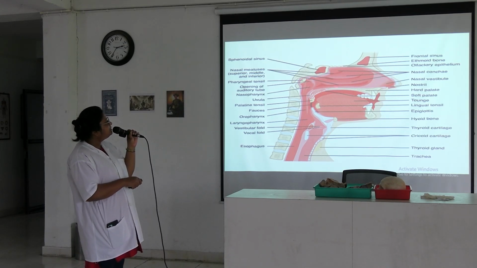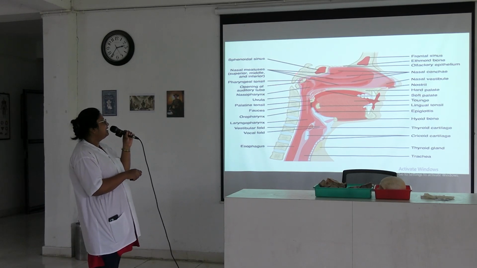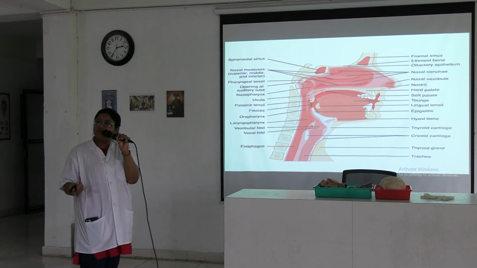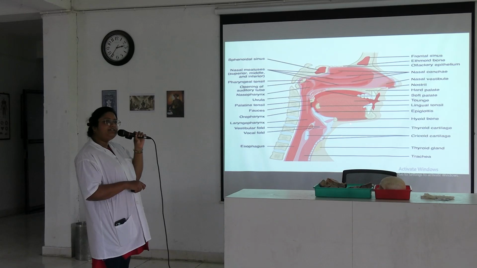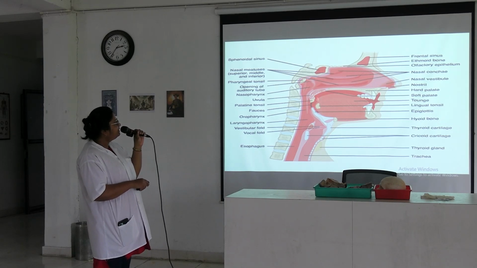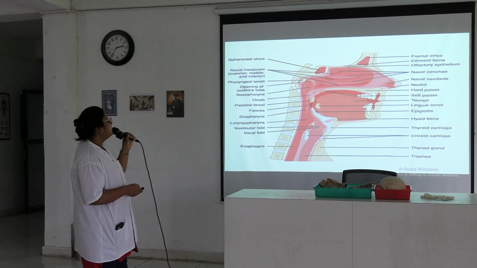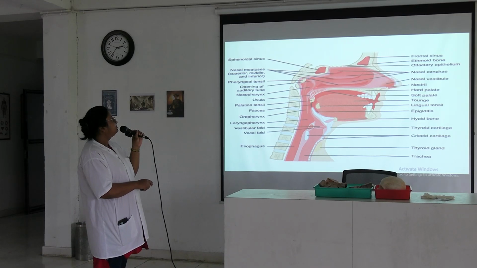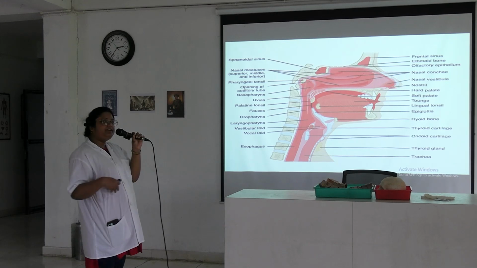Opposite to this oral cavity, posteriorly lies the oropharynx. In between the nasopharynx and oropharynx, this constricted area is known as the pharyngeal isthmus. The connection between the oral cavity and oropharynx is known as the oropharyngeal isthmus, and the oropharyngeal isthmus is formed by the palatopharyngeus muscles and their covering arch.